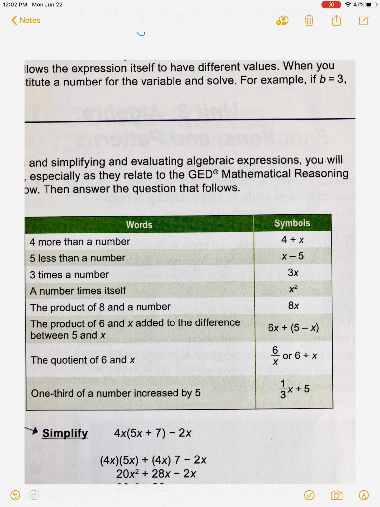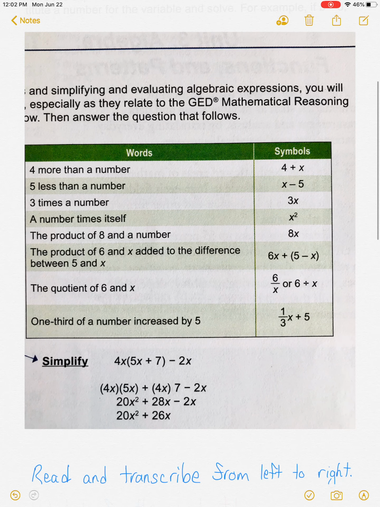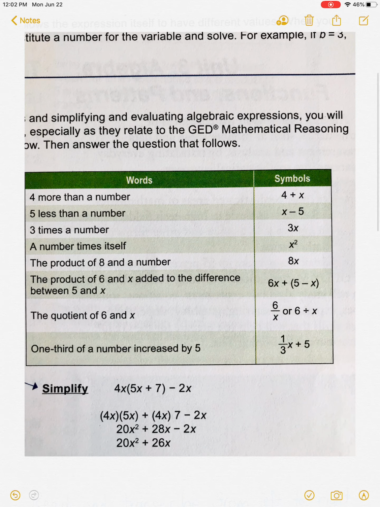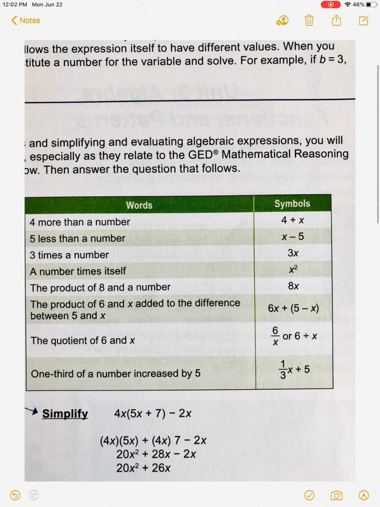We might not always think of more than a number as addition, but if I ask you, what is 4 more than 1, you're going to say 5 without even thinking about it. You just did addition. You just translated those words, that sentence question into a math question. So if we look here, we see 4 more than a number. So if you see a phrase like more than,